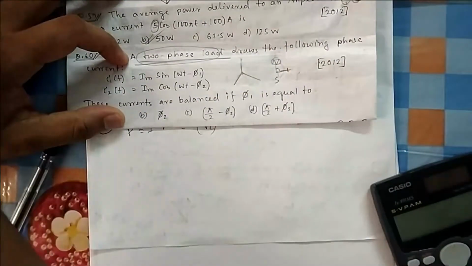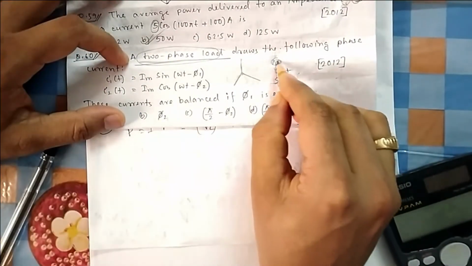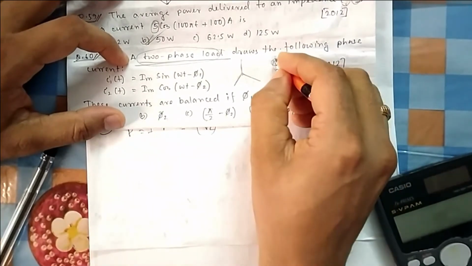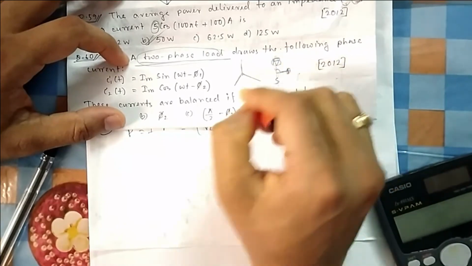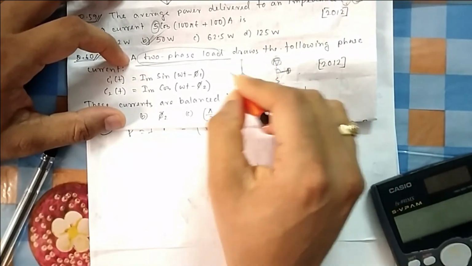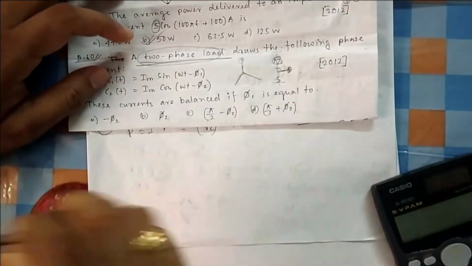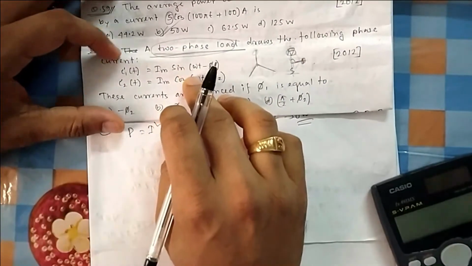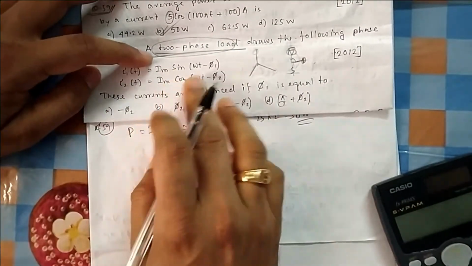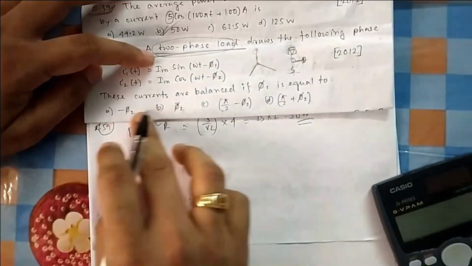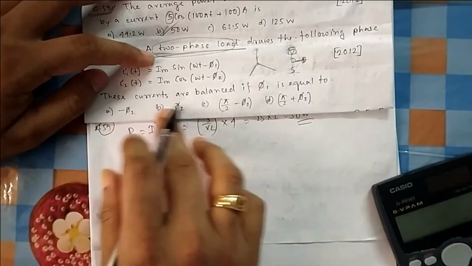Electrical 90 degree is somewhere between north and south. Between north and south it is always 180 degree shift, so suppose one coil is placed here, then another coil will be placed here. So there will be 90 degree. There are 120 degrees separated in three phases, but in two phase it will be 90 degrees separated. Now from here you can easily say one is sine, one is cos. So already there is a shift of 90 degree. So no need to go for any further shift. So it will obviously be either plus or minus phi 2.